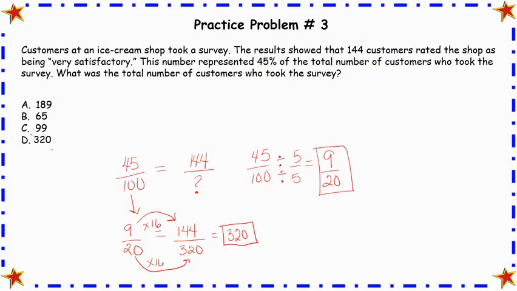The greatest common factor of both numbers is 5. So I'm going to divide the numerator and the denominator by 5. When I divide the numerator by 5,